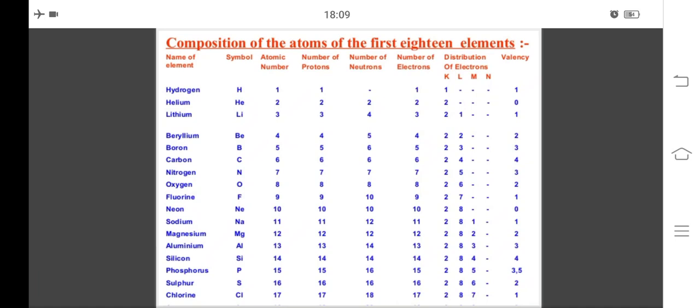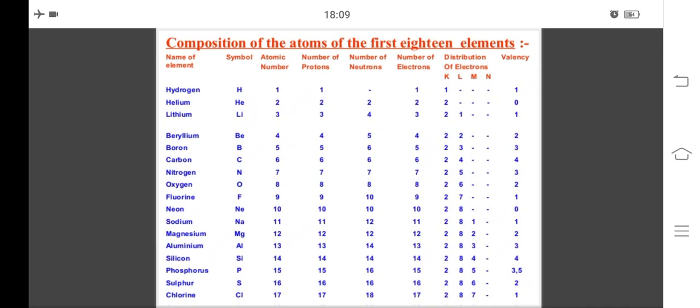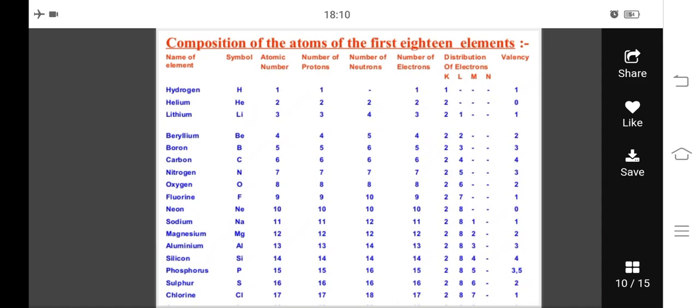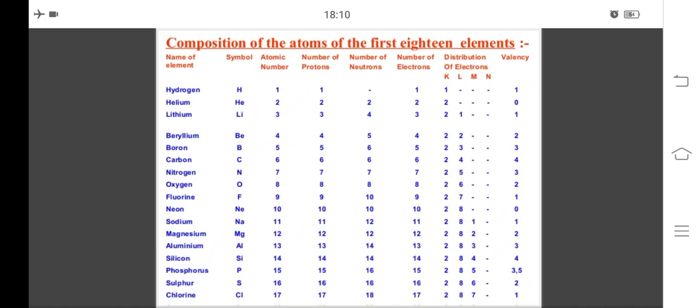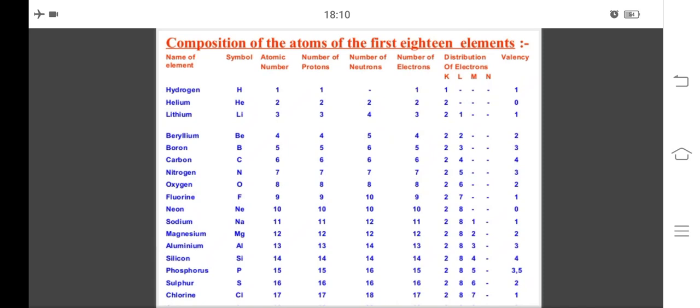Now if we talk about the next element, that is beryllium, it has an atomic number of 4 and thus it has 4 protons and 4 electrons and the number of neutrons is 5. Now these 4 electrons will be distributed again in K and L shell. K shell will have 2 electrons and L will again have 2 electrons. Now again its valency. Beryllium also wants to release these L shell electrons because L shell is not filled, but after releasing these 2 electrons its inner shell, K shell, will be filled. So again its valency becomes 2. Now next is boron. Boron has an atomic number of 5.